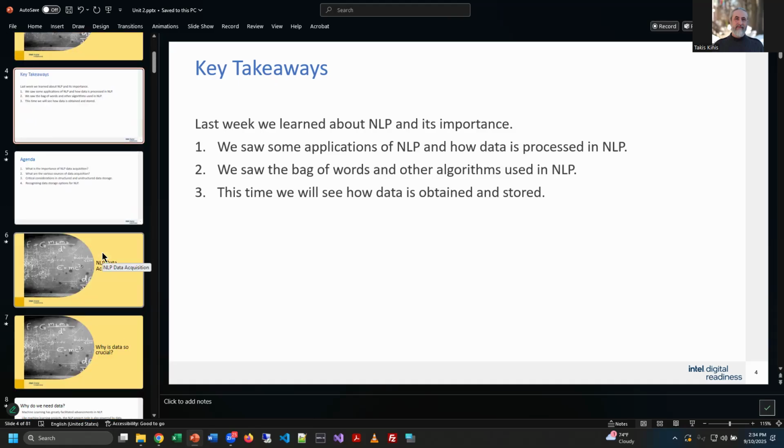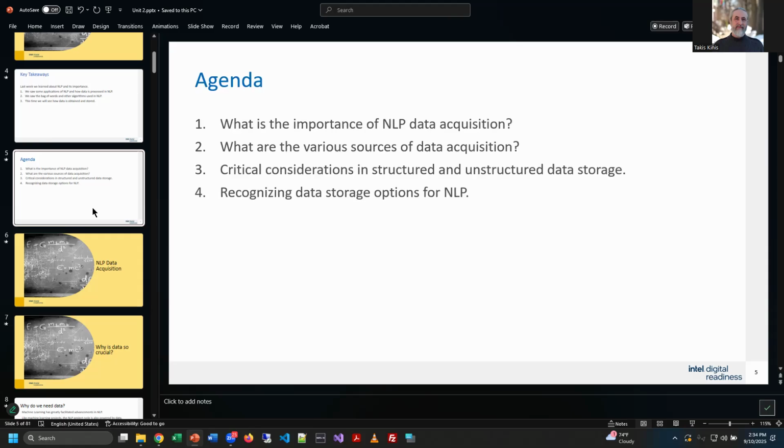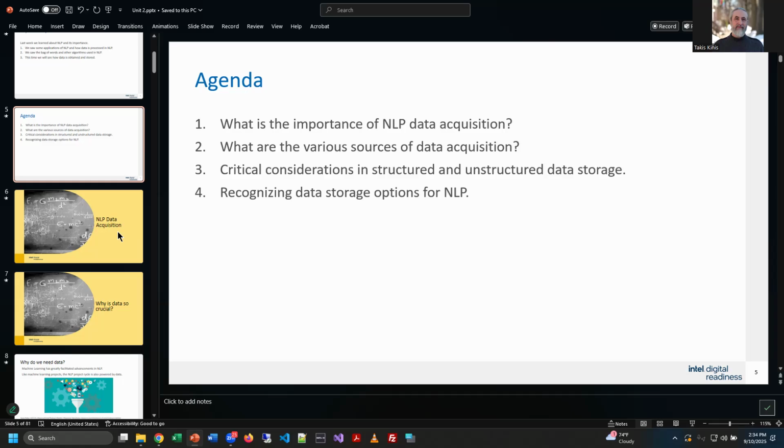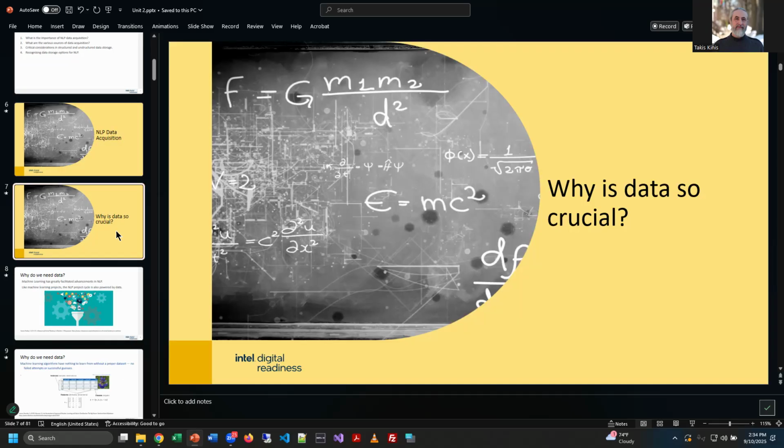We learned a little bit about what NLP means, and we just got our feet underneath us to get the terminology in place. Tonight's agenda is to look at where the data comes from that drives NLP, where we store it, whether it's structured or not, and how we can work with different data formats aside from some of the ones that we've been looking at. All right, let's go ahead and move on to this slide here.